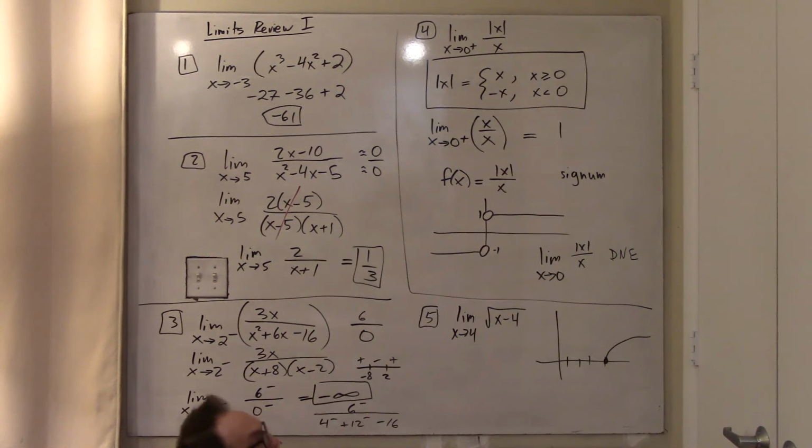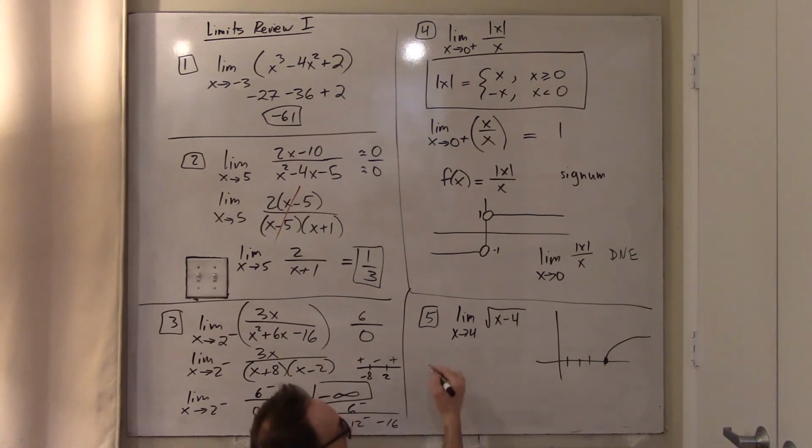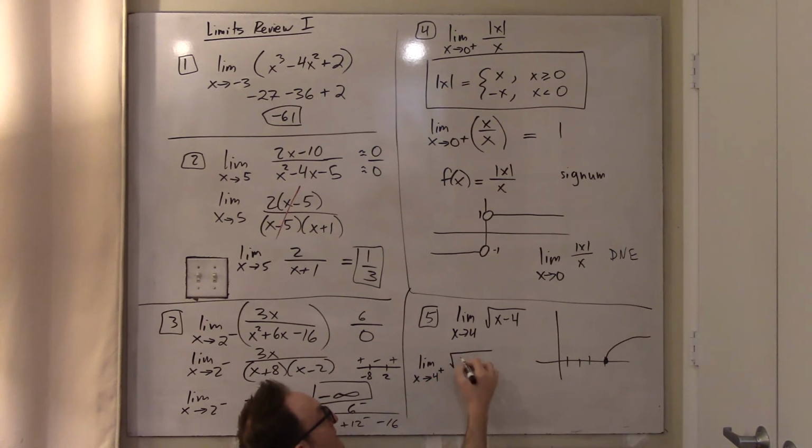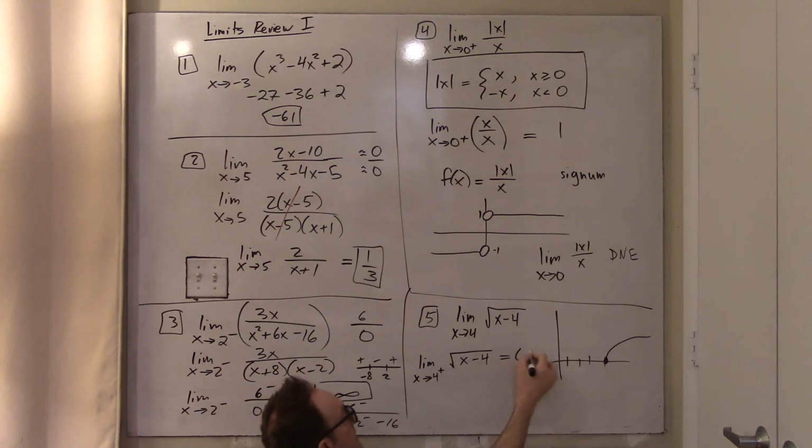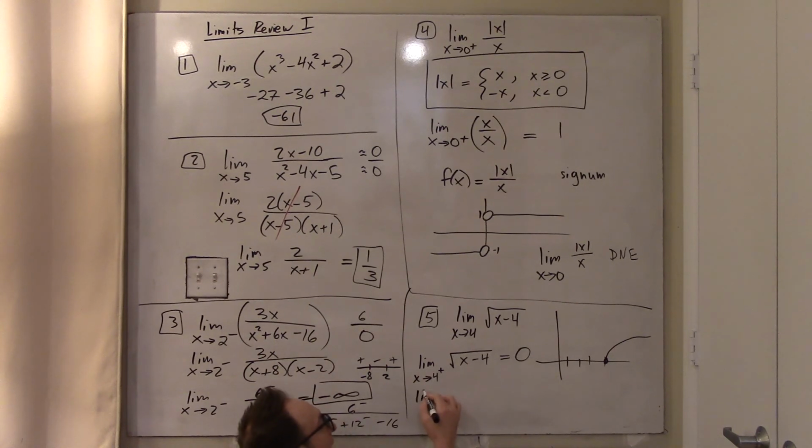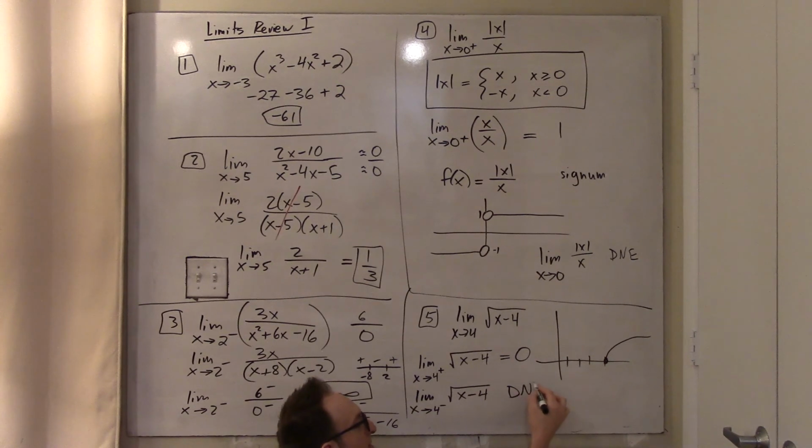The reason is that I really like this rule that says that the limit from the left must equal the limit from the right. And so for our purposes, whereas it's true that the limit as x approaches 4 from the right of the square root of x minus 4 is 0, on the other hand, the limit as x approaches 4 from the left of the square root of x minus 4 simply does not exist,